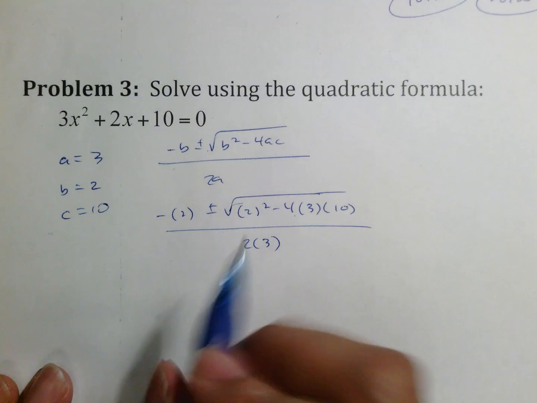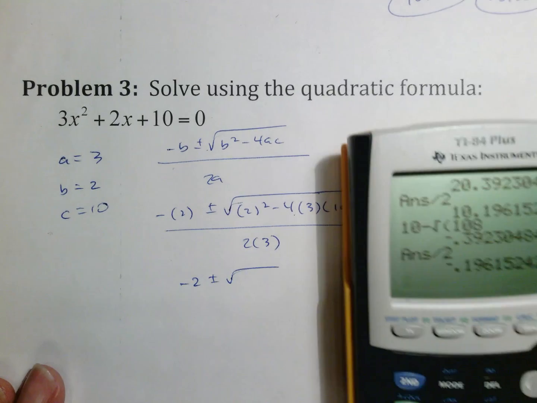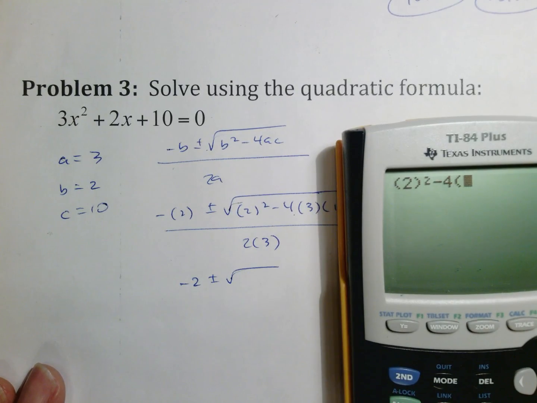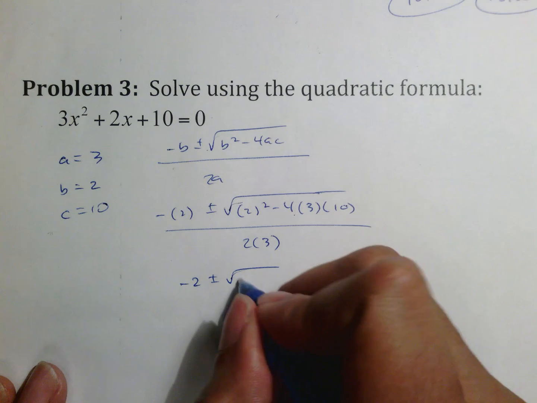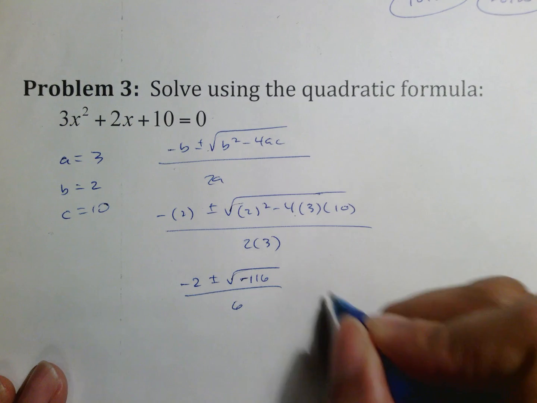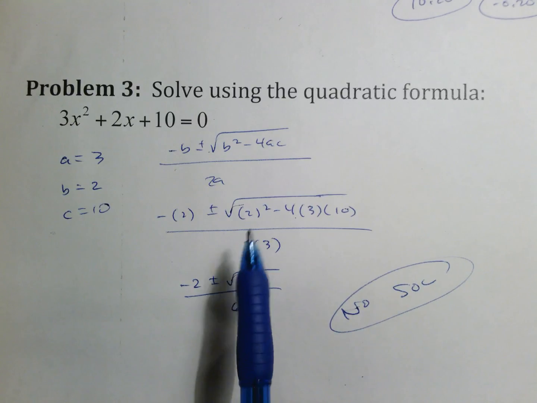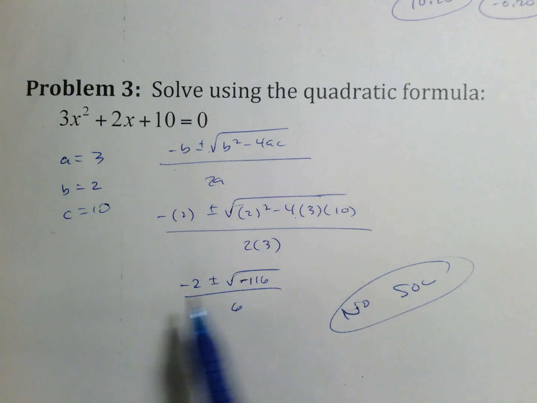Simplifying our three zones, this becomes a negative 2. What's on the inside of this? We got a C, so we do 2 squared minus 4, 3, 10. Notice that we get a negative number. Again, that is under the radical. Once I get a negative number under the radical, that means that there is no solution possible. And just to make sure, that is 4 minus 120, which does make sense, so no, there's no solution